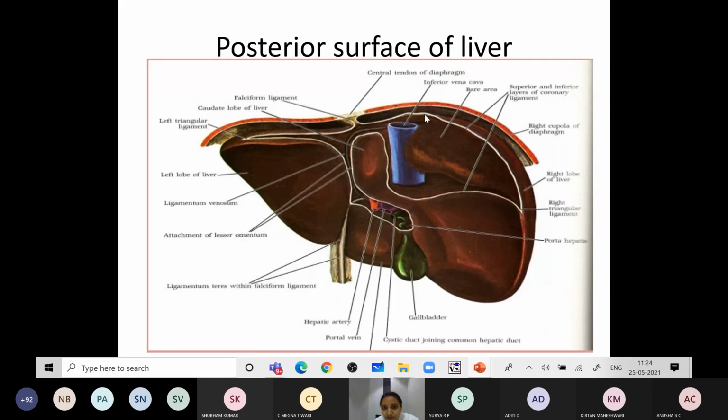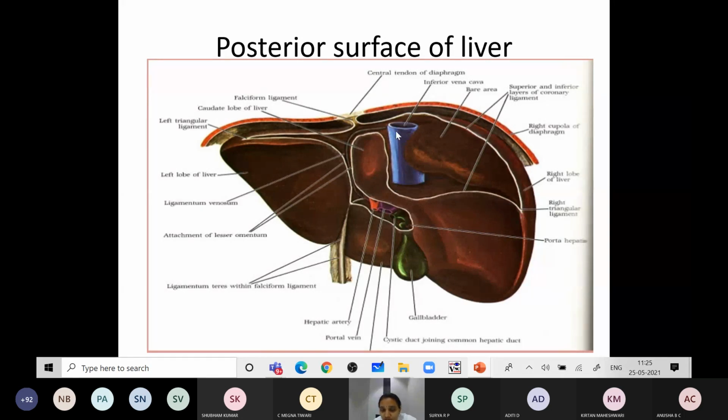This is the posterior surface, superior layer of coronary ligament, then right triangular ligament, then reflected back from the diaphragm. Again it is reflected as superior and inferior, the inferior layer of coronary ligament. So this part is called the bare area of the liver, between the two layers of the coronary ligament. The right triangular ligament forms the apex, and the base is formed by the